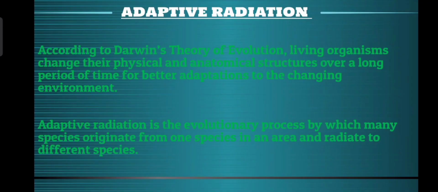Adaptive radiation. According to Darwin's theory of evolution, living organisms change their physical and anatomical structures over a long period of time for better adaptation to the changing environment. Adaptive radiation is the evolutionary process by which many species originate from one species in an area and radiate to